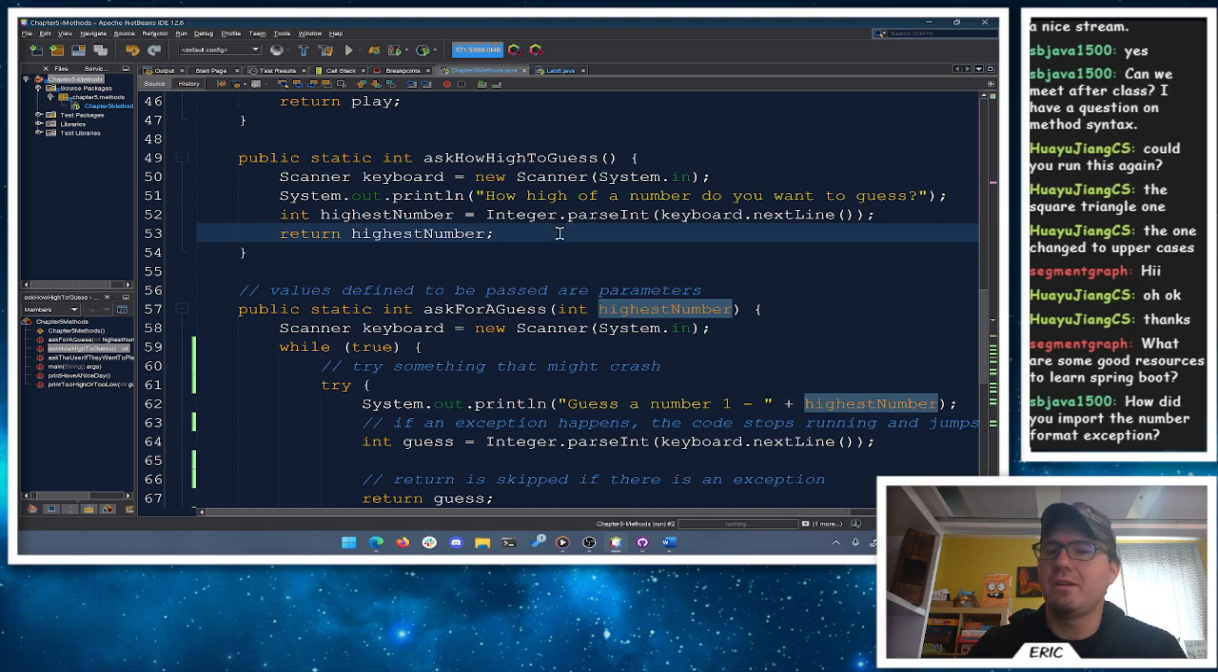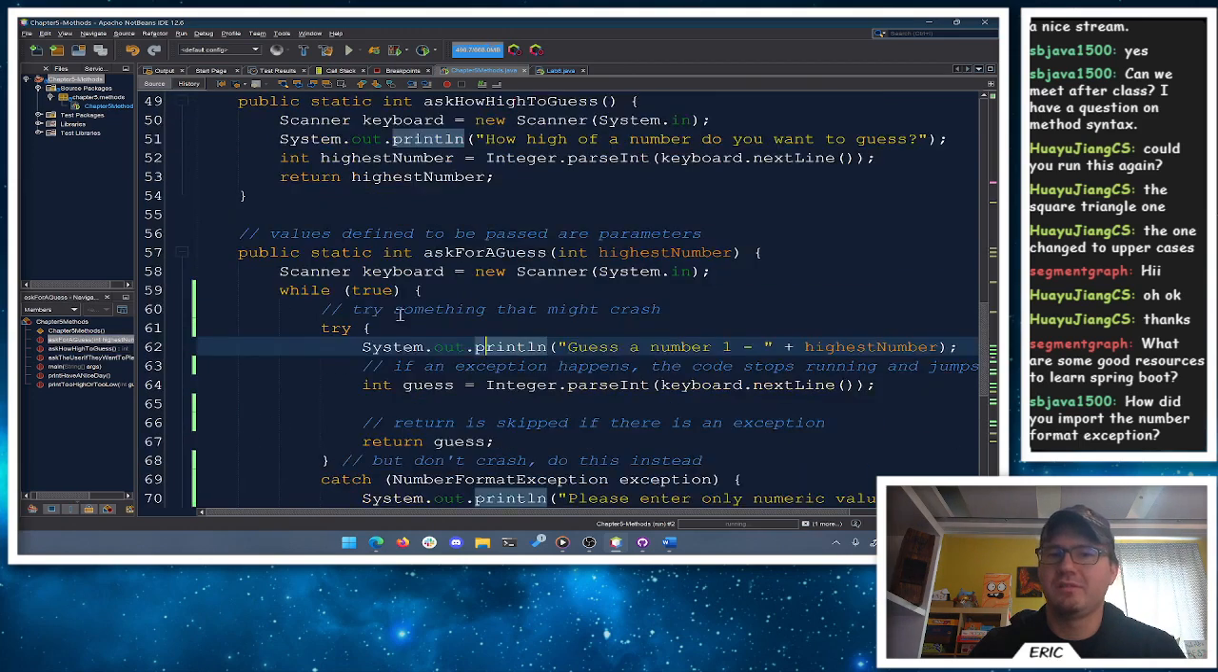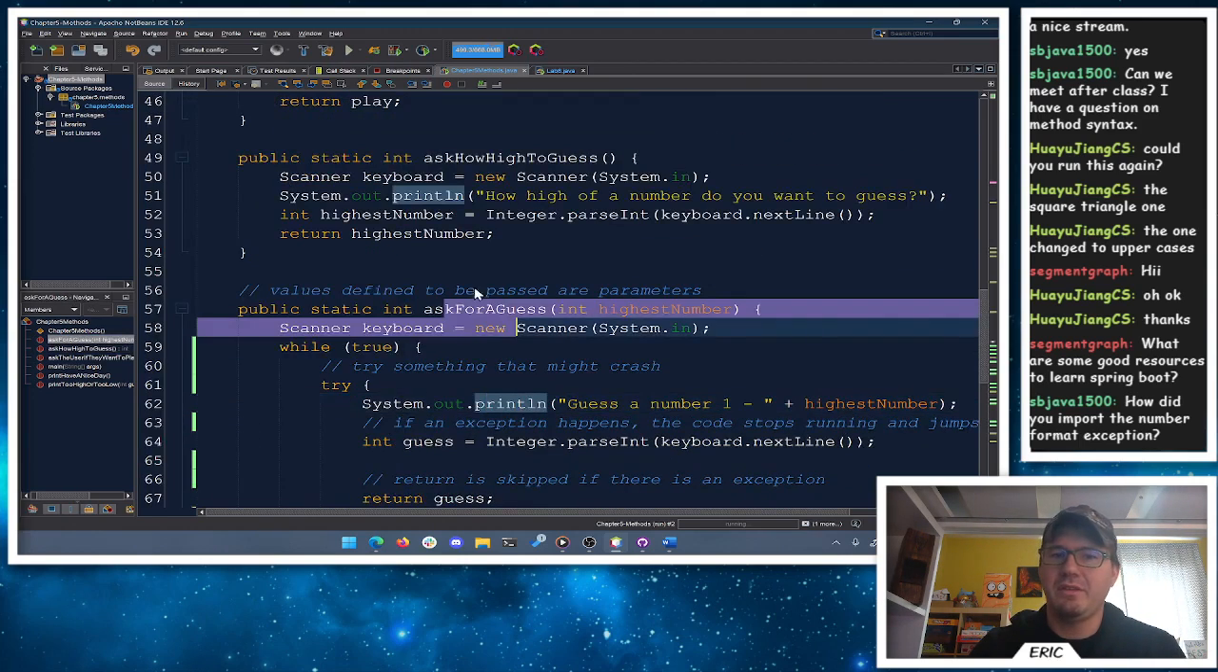So maybe we could do better, right, if we wanted. Because then I don't want to have to make this whole loop in here twice, right? We could make this method call this method if we